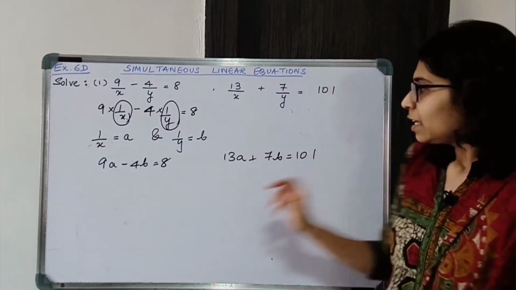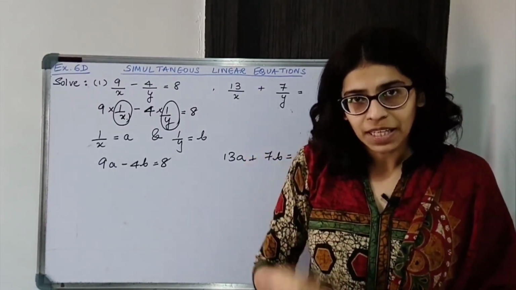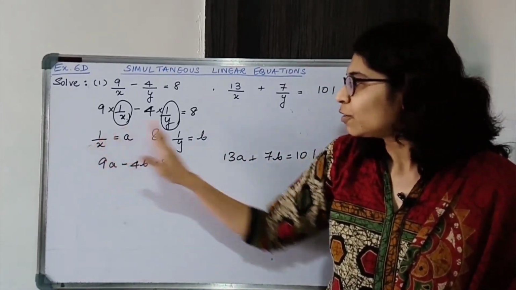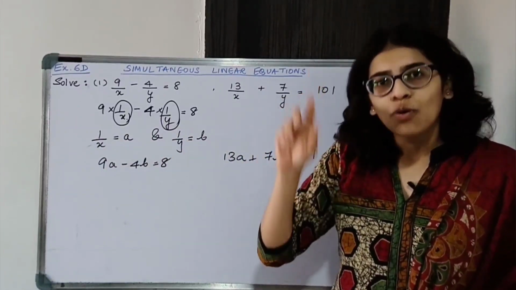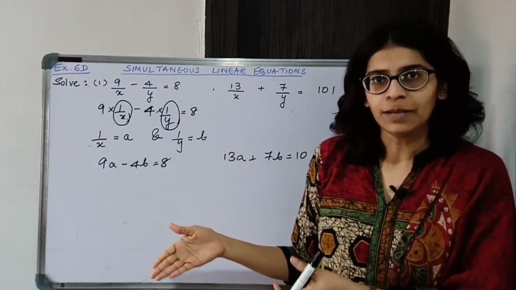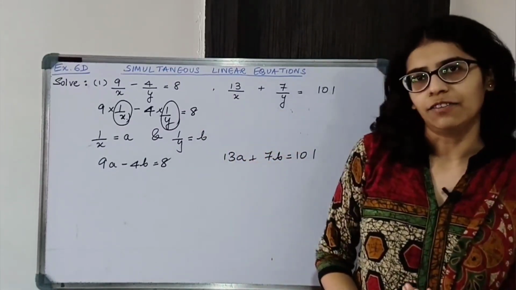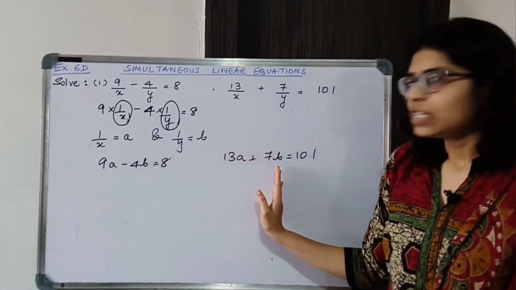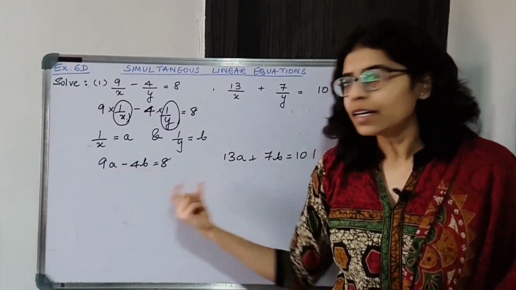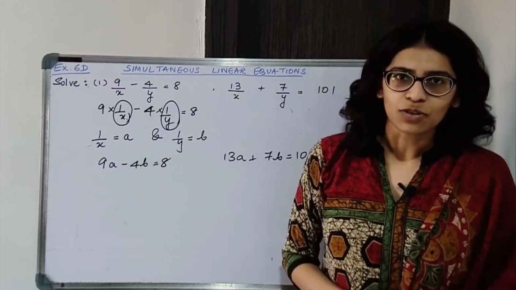We'll solve the pair of linear equations and we'll get the values of a and b. Once you get the values of a and b, we will resubstitute the values and find the values of x and y. So the original variables' values also have to be found out. You have to find the values of those variables only. We have substituted a and b. First we'll find a and b, and then x and y. Alright, how will we solve these two equations? By equating coefficients. That is, we have to make the coefficient of any one variable, a or b, the same. Alright, by taking LCM. So let us now start solving.